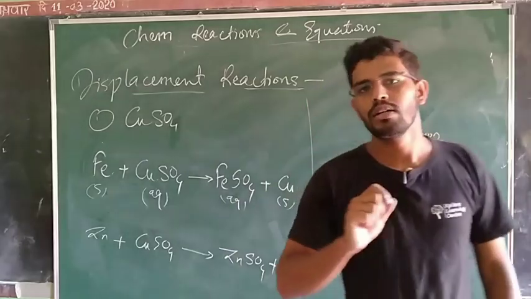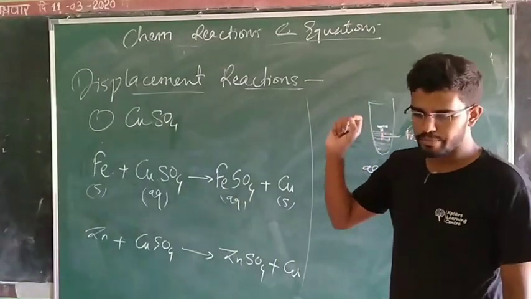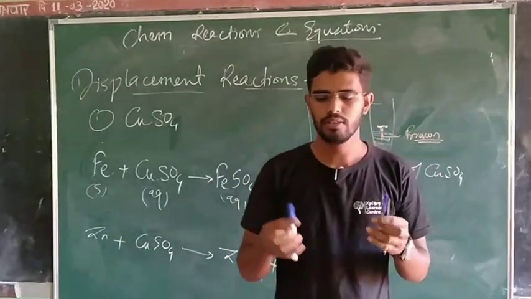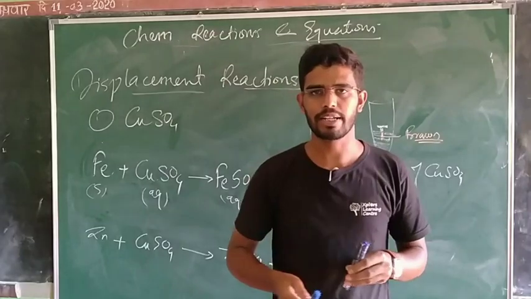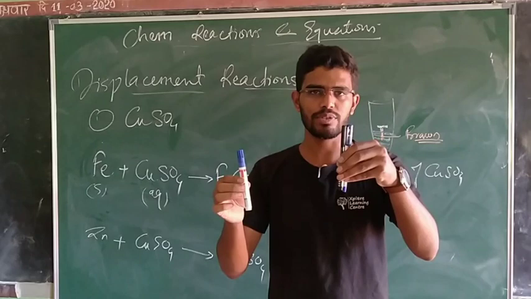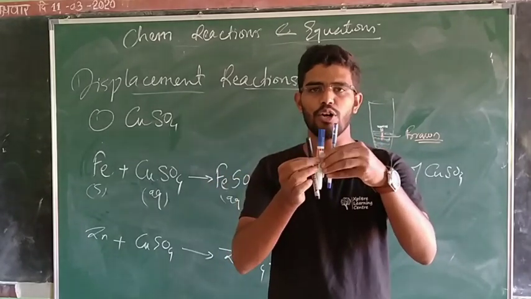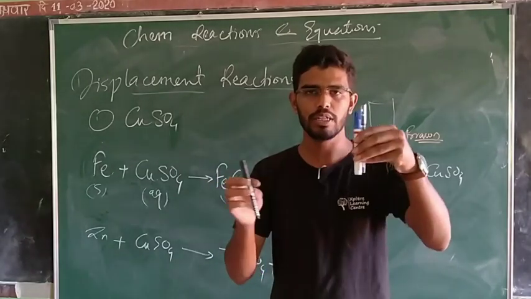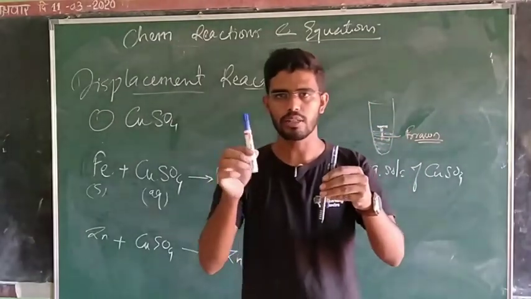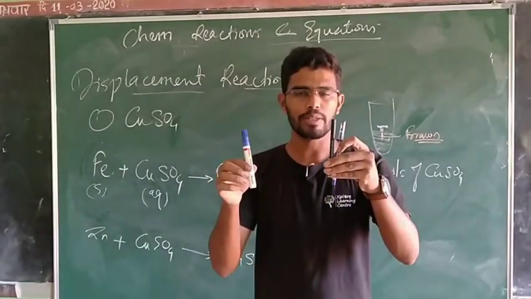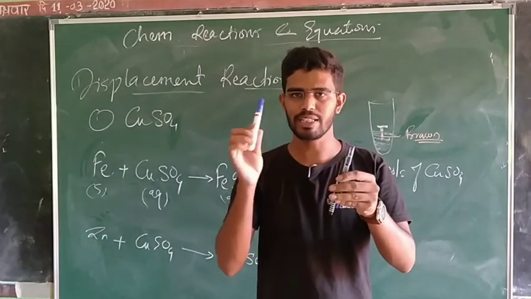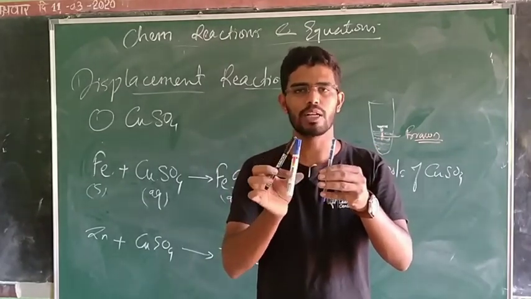But wait, you need to observe one important thing here. Say I have taken the example of this. While explaining displacement reaction, that's a very interesting part. A new element will react with this compound and will displace one of the ions from the compound and will form a new compound. Okay. But I have used this bigger pen to displace a smaller pen here. So we may consider that as this pen is bigger, it can displace a smaller pen easily.